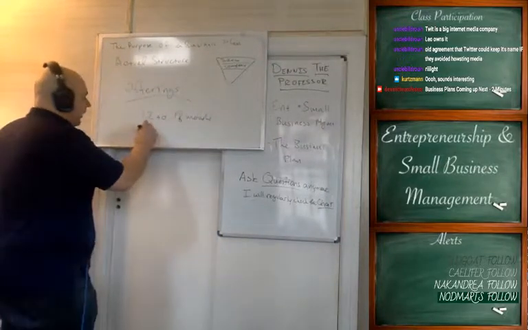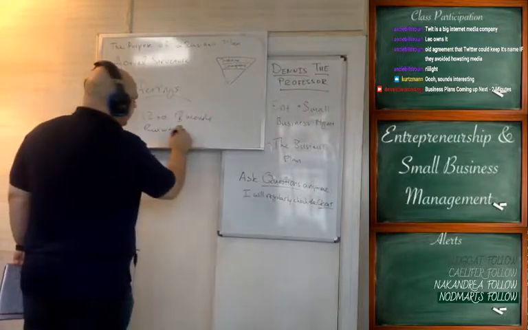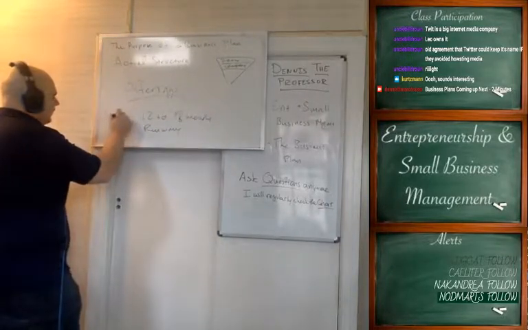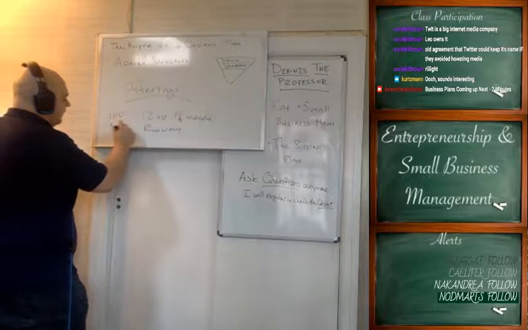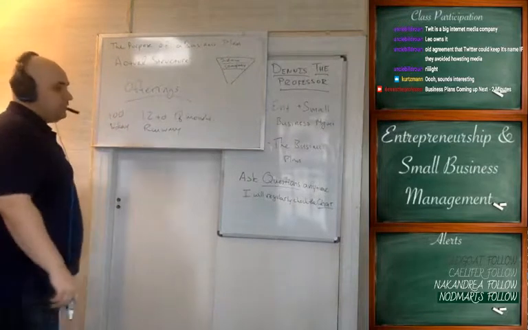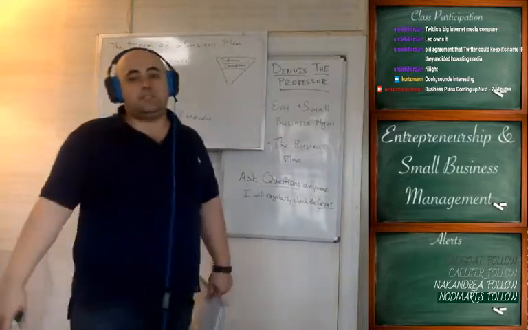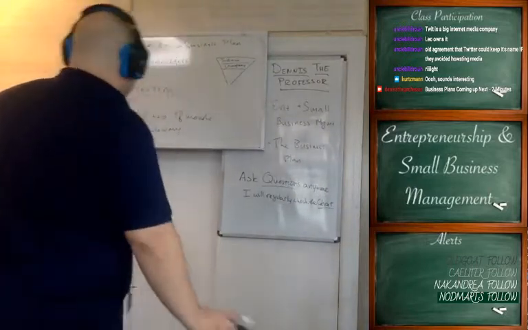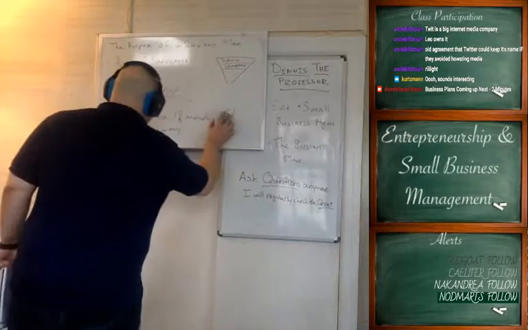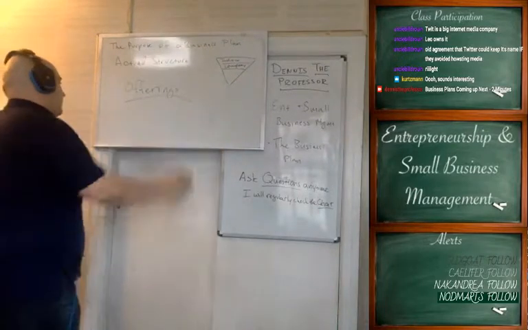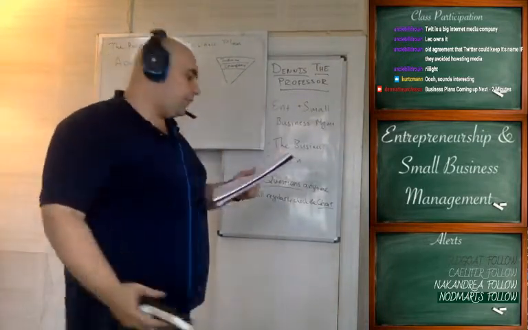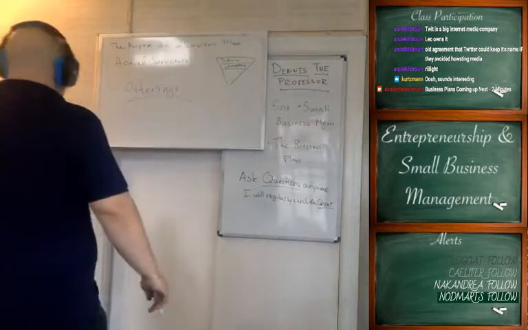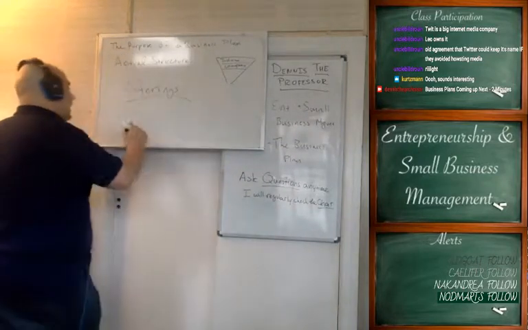You're going to provide your runway. And your runway is the following. If your business has $100 and you're spending $1 a day to keep it alive, you have 100 days. If your business has $1,000 and you're spending $100 a day, you have 10 days. So that ratio is very important because it's going to tell your investors how long you're going to last on that money. Finally, you're going to want to provide something detailed, like where your money is coming from and how you're going to spend it.